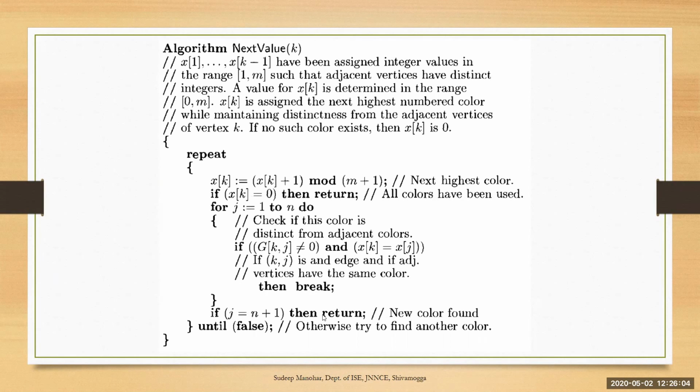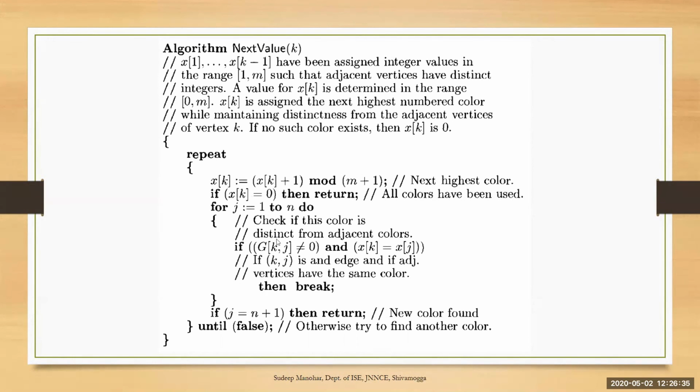It means you have found a vertex with the same color. So now this becomes false. This is not true. When it becomes false, it goes to the same loop once again, and it comes here and increments the value of the color. Initially it was 1. Currently we are considering the second vertex, k is equal to 2. Now the color increments to 2.